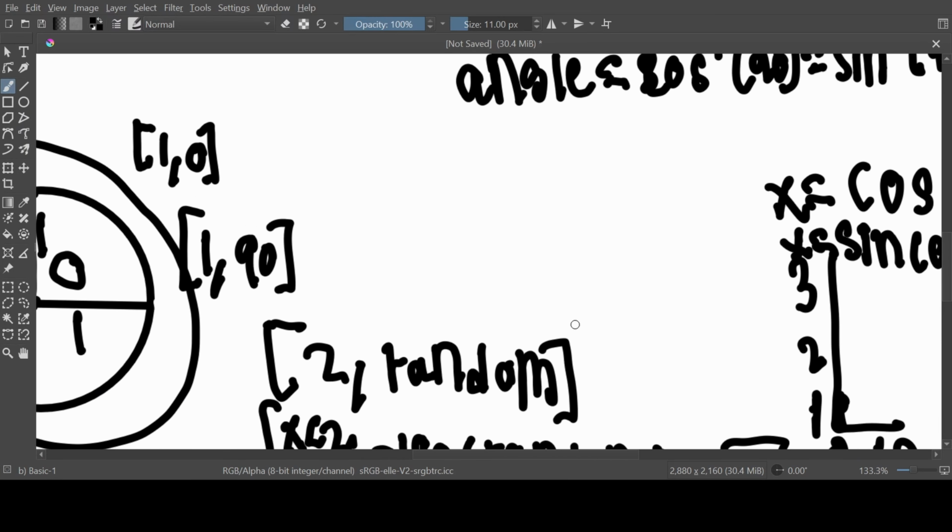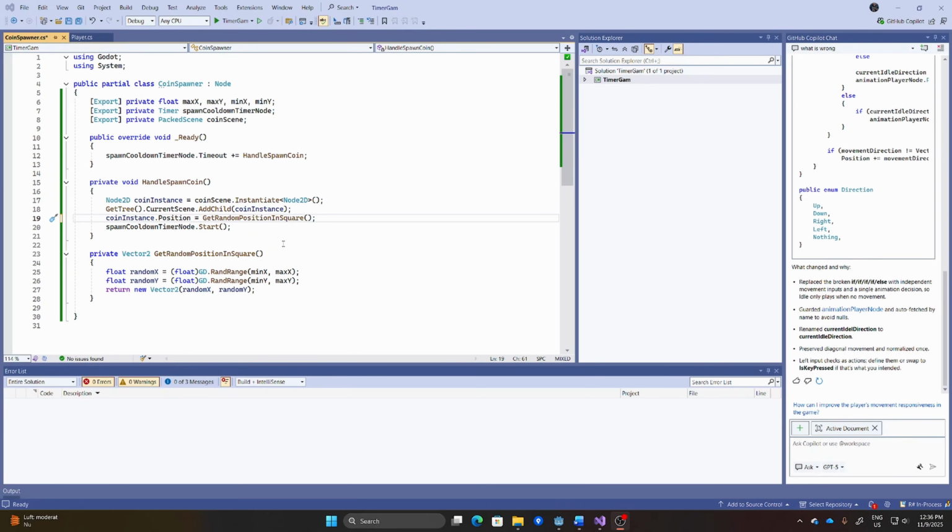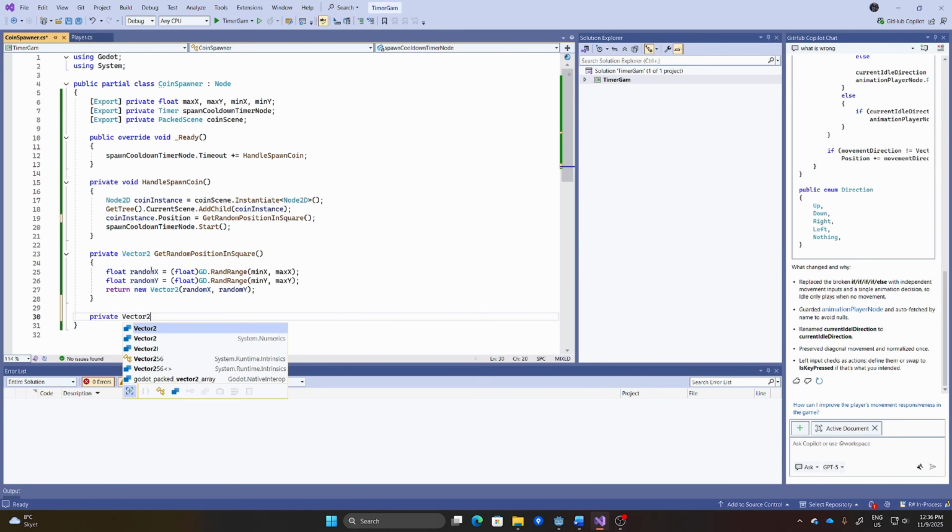Let's go in and create the random circle behavior of spawning the coin. So now let's go in and create the circle random number. So create a private vector to get random position in circle.